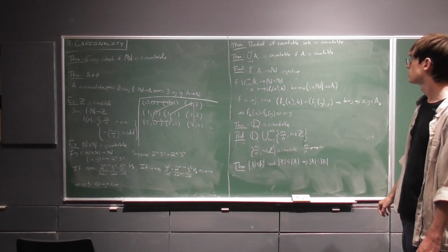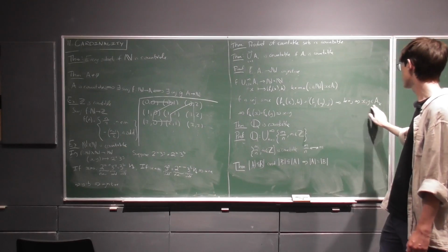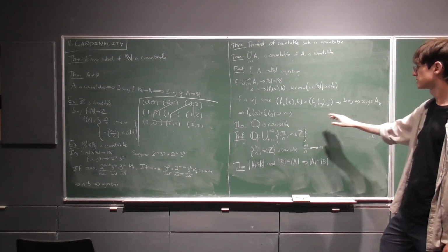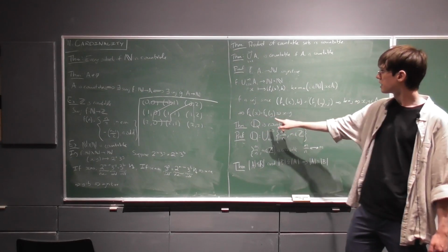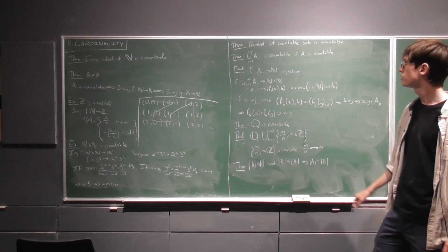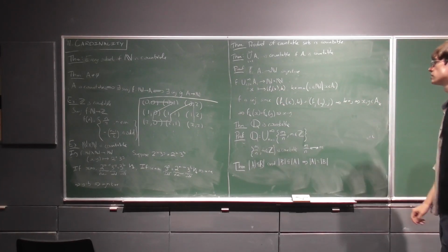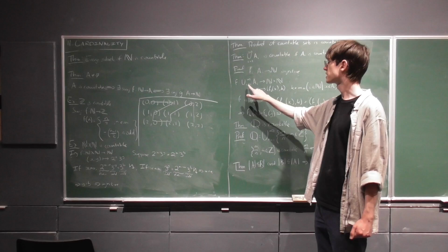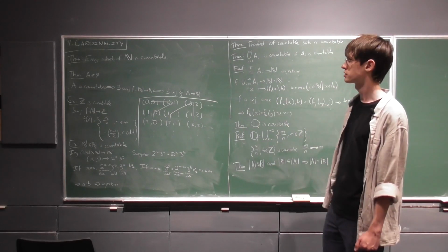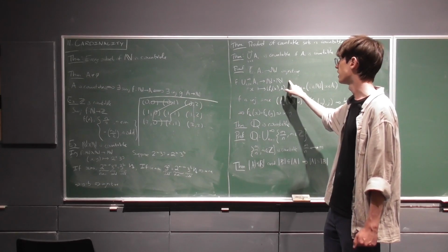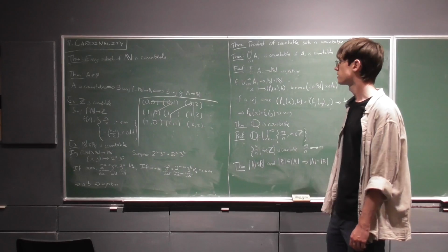Well, because this is true, that means that f_k(x) equals f_k(y), and we know that f_k is injective, so it means that x equals y. So that means that f is injective, so we have an injection from this union to this product, and this product we also have an injection to N. So that therefore